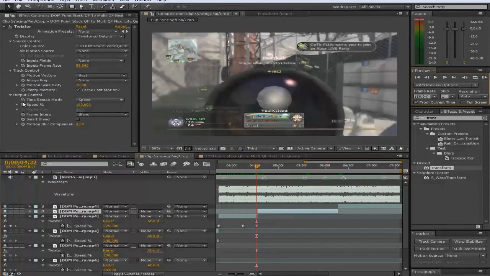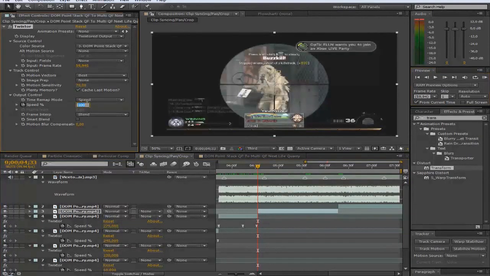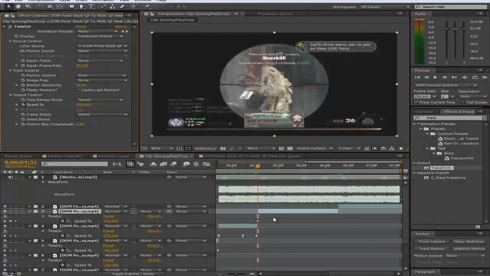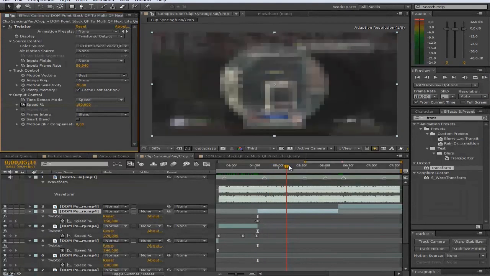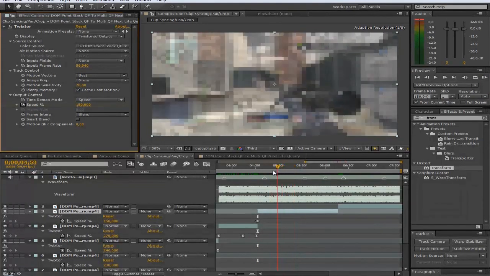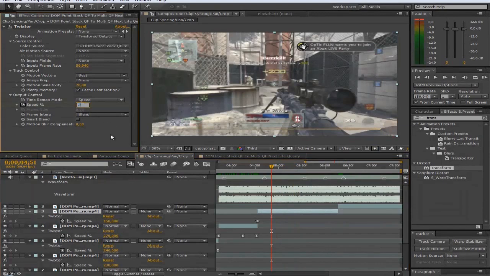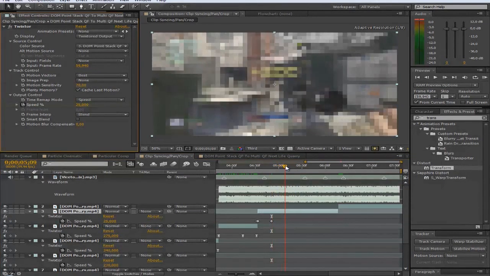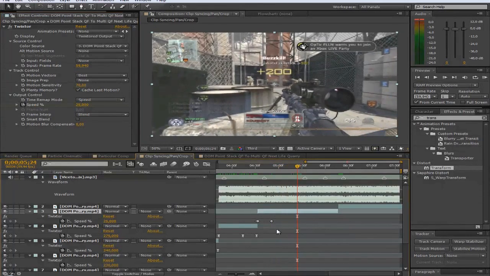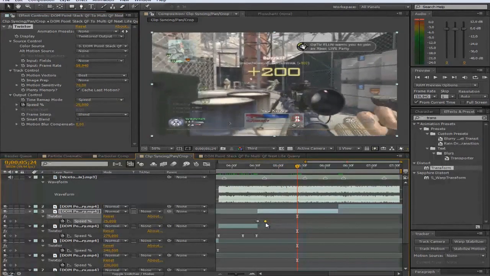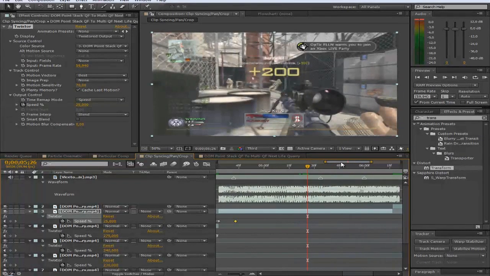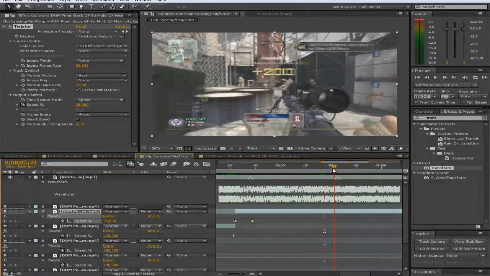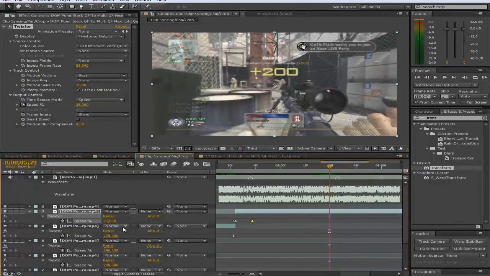So we're going to go back a frame, set it to 100, go to 150, hit U to see our keyframes, go about to here, I think. I'm actually going to put it to here, put it down to 25, so it goes really slow. And actually I'm going to put it even a bit before, like so. And then when the first beat hits, which should be around here somewhere, maybe here, we can just hit our keyframe again,